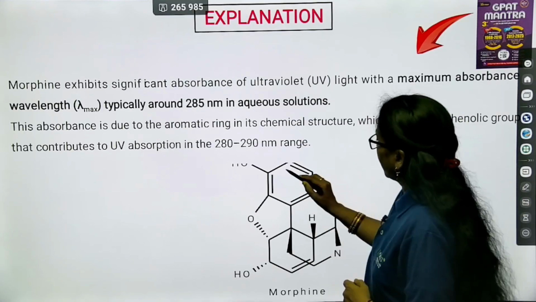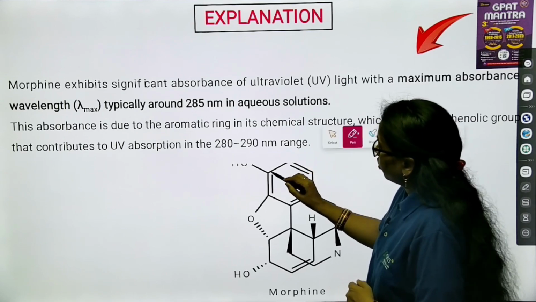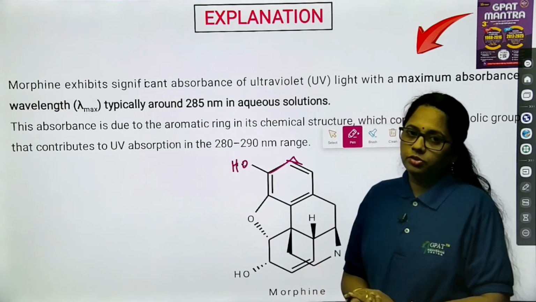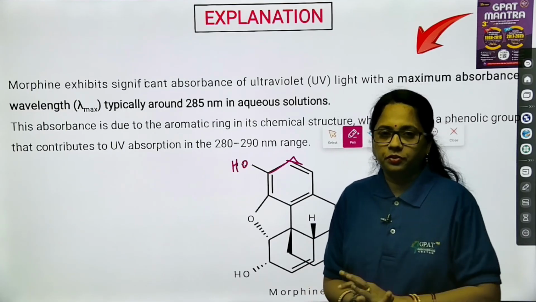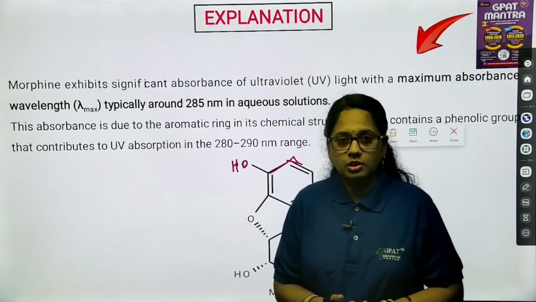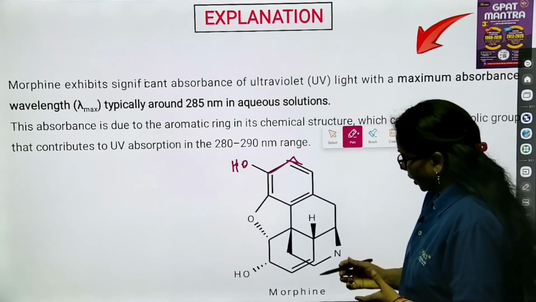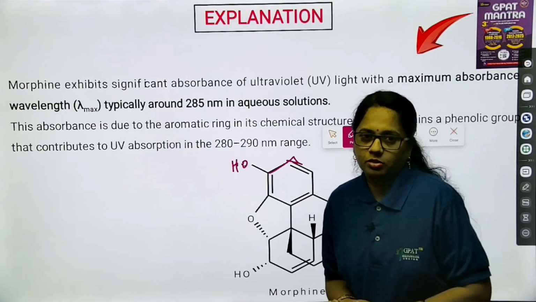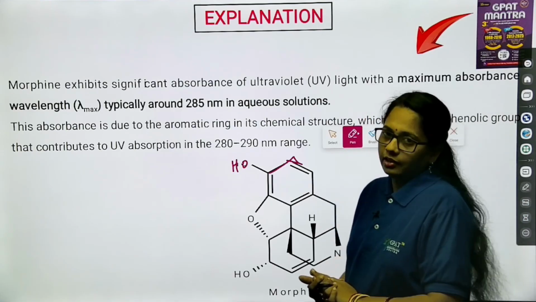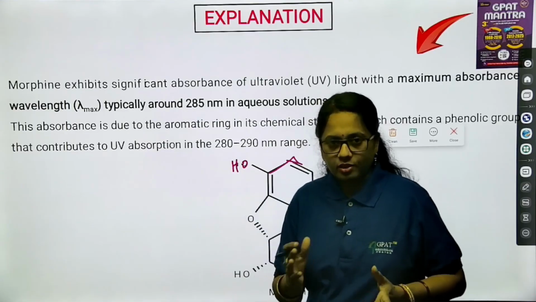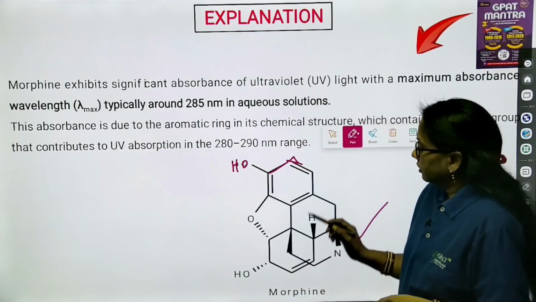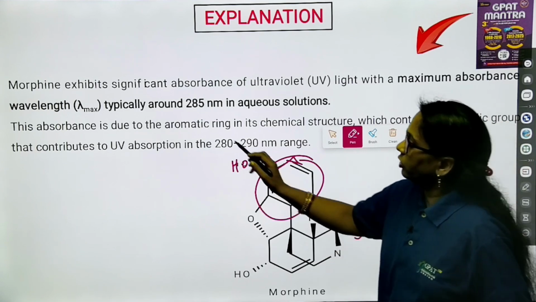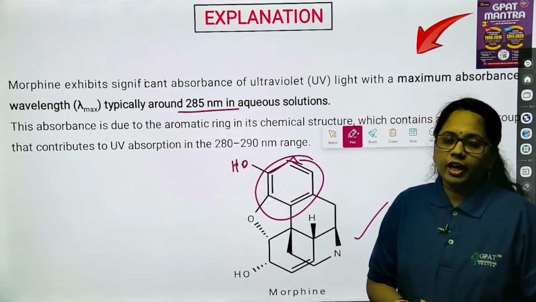But for aromatic compounds also, according to the Woodward-Fieser rule, if the conjugation is more than 4, then you cannot apply the Woodward-Fieser rule. Then again some other rules are applicable. But if you observe the morphine structure, it is a fused ring structure, so you cannot calculate it that way; only the basic aromatic structure is considered. With that we can take the help of the aromatic chromophore, which has a lambda max in and around